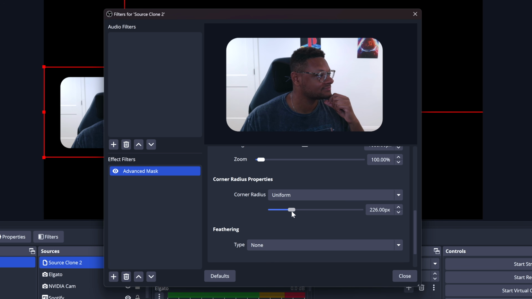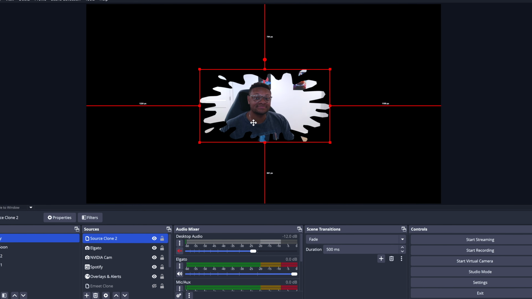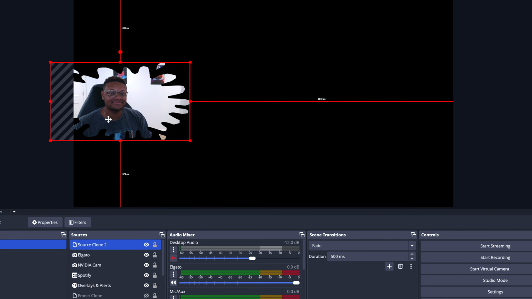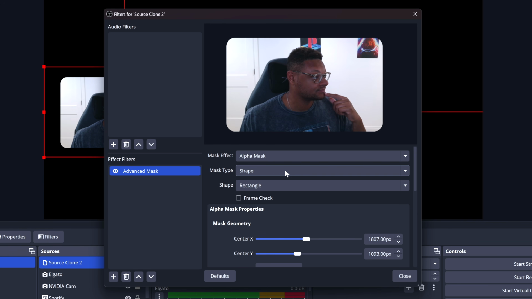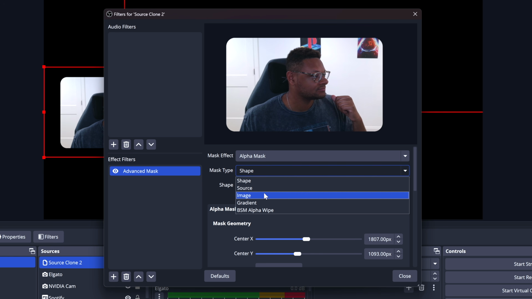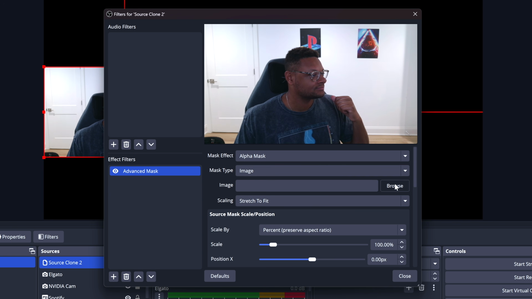If you guys want to apply custom shapes that you might have downloaded online or created in Photoshop, make sure that they're transparent and that they're a PNG file type. Then to add the mask in, you can select the image mask type and then select the image using the